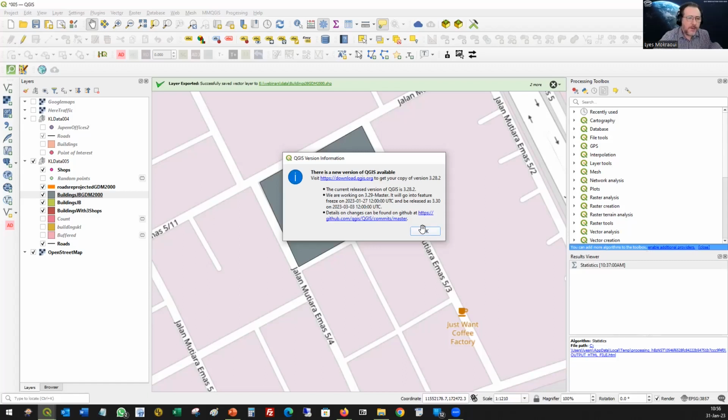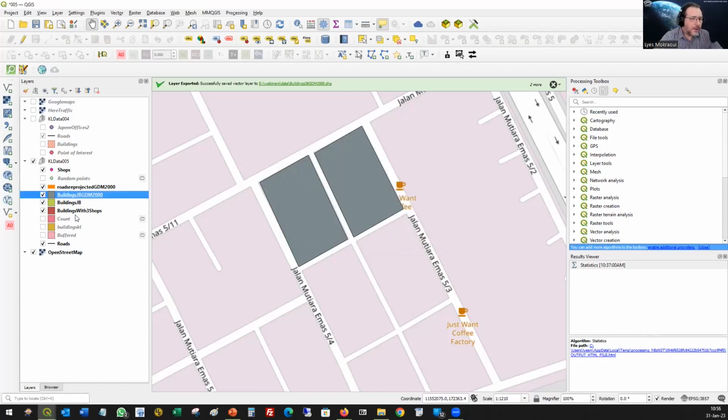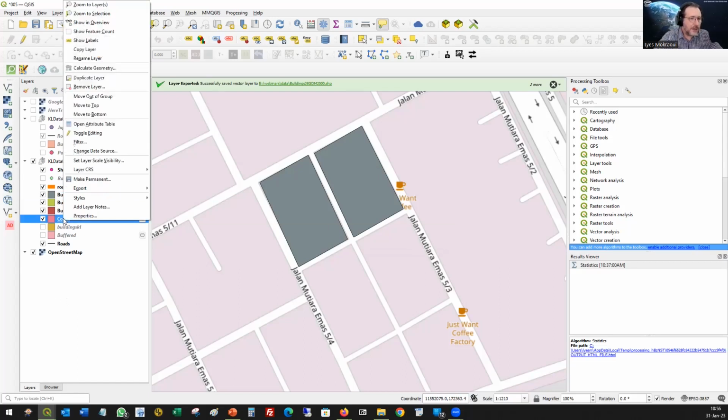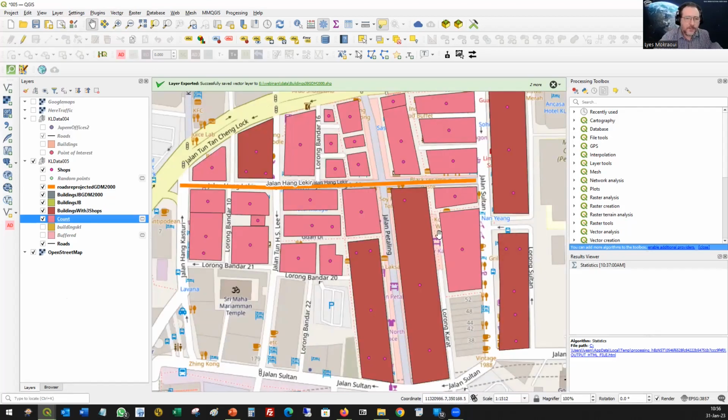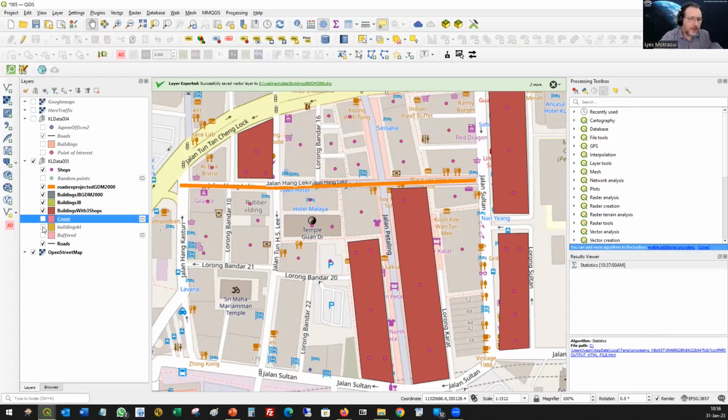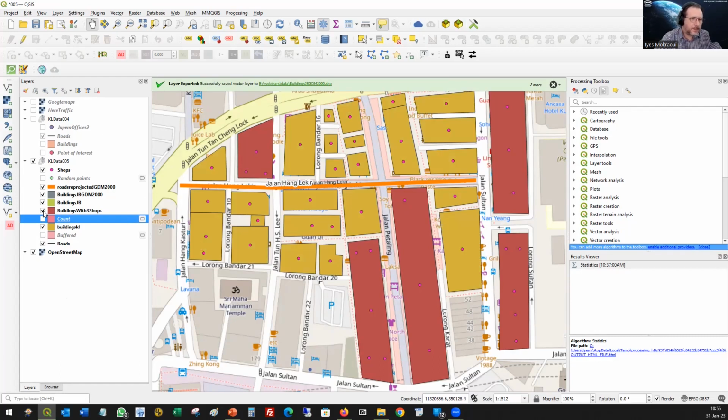Okay, let me click OK. Let's go back to our buildings. That is count. Sorry, let's go back to count. So right click, zoom to layer. What you want to do is to know the buildings with... I'm going to use this. Yeah, this is better. So you just want to have the buildings that have one shop or the buildings that have three shops, and you want to have those shown on your map. One way to do that,